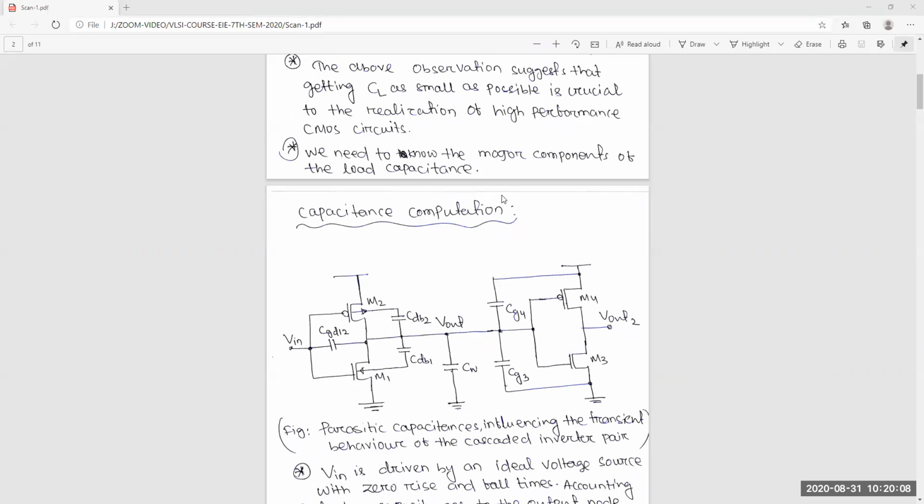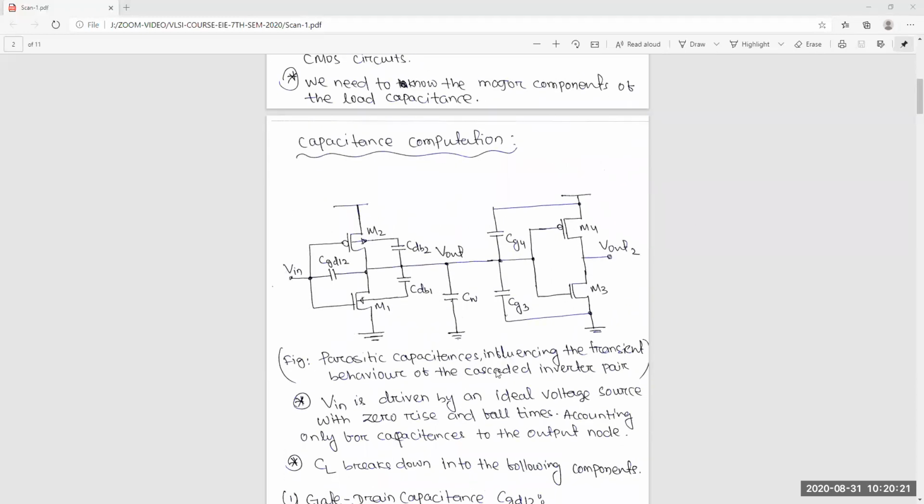Anyway, here we will discuss the CL component. All the capacitances finally come to one capacitance, that is CL. Think about when we are using a circuit. Generally we call it the output load capacitance. If we connect two inverters in cascade, this is one inverter and this is another inverter, here we assume this Vin is a completely ideal voltage source.